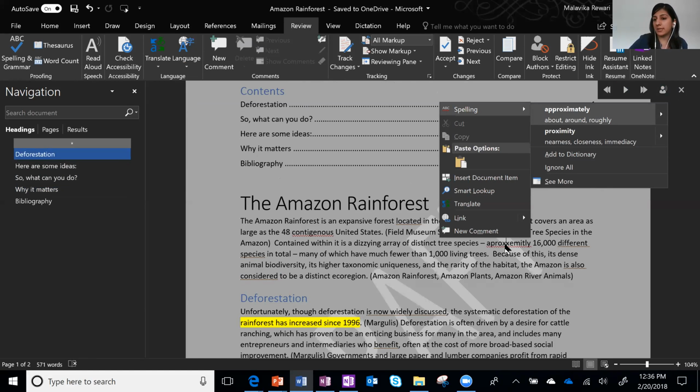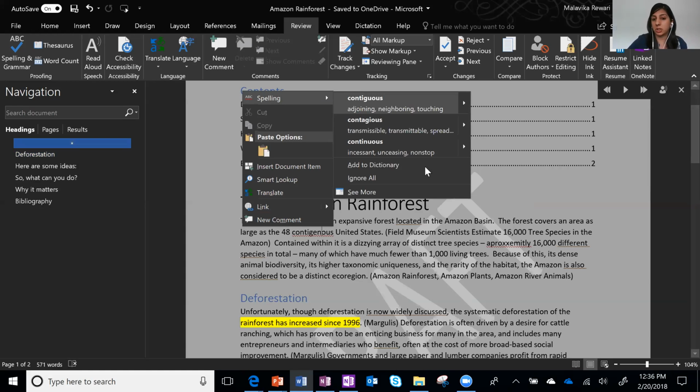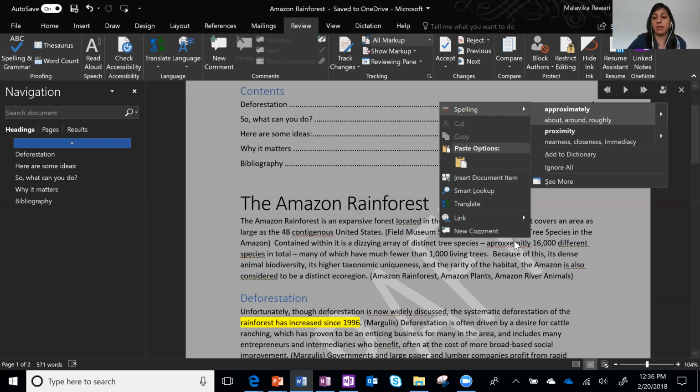What we've done with Editor is actually show you synonyms alongside suggestions and give you the option to have the synonyms and suggestions read aloud. So if you know how a word sounds but don't know how it's spelled, you can pick the right word. Or if you know the meaning but all of the suggestions are really similar, you can look at the synonyms to understand which is the right word. We've trained the engine to actually catch errors that are really far off from the original word, because we know people with dysgraphia and dyslexia spell in many different ways. So you'll see suggestions even when the word is really far off from the original word.